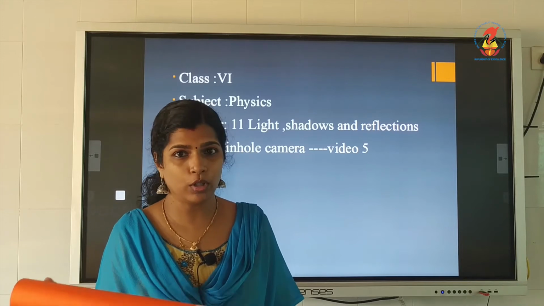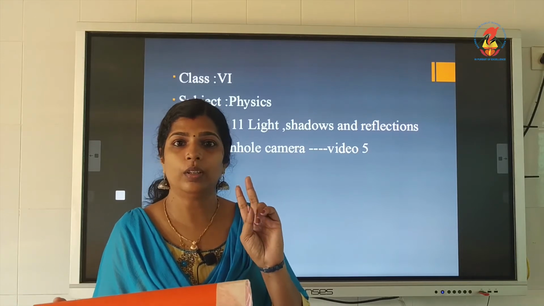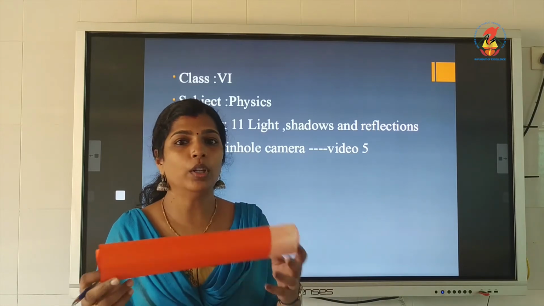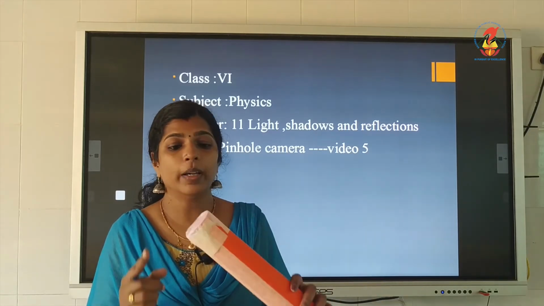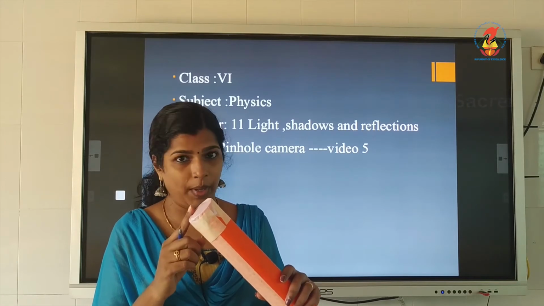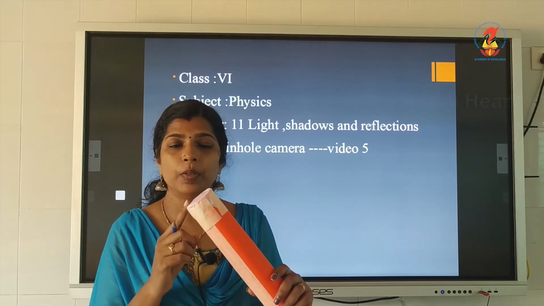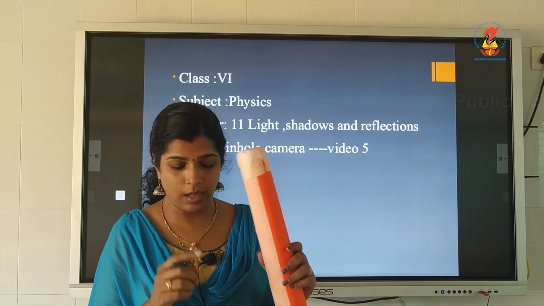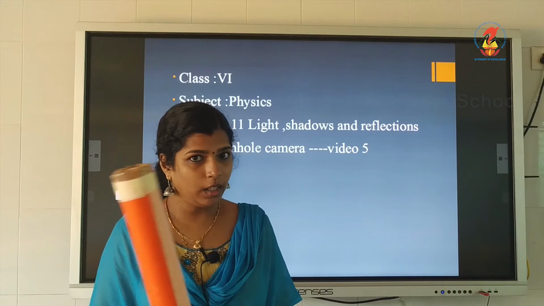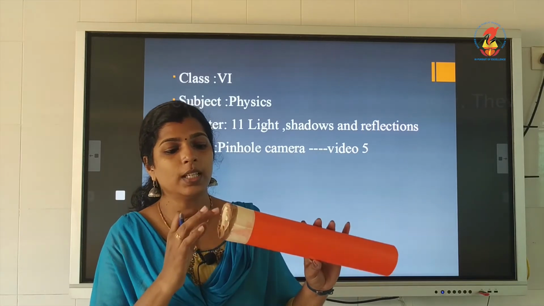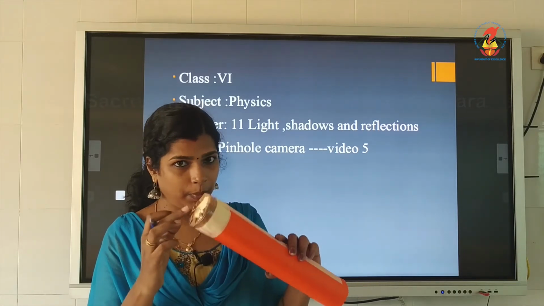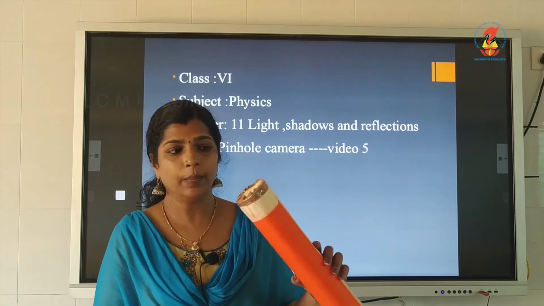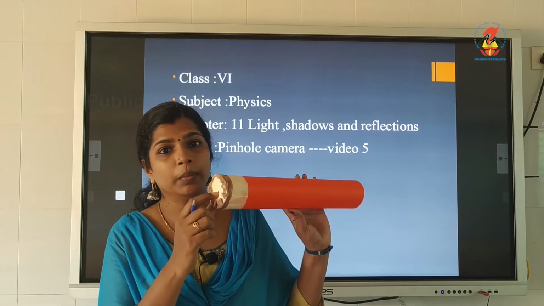Instead of taking boxes, you need to take two pieces of chart paper and roll them in the form of a tube. One side of it is covered with a tracing paper. This tracing paper will act as a screen, and the other side is covered with the same cardboard piece or chart paper, and make a hole at the middle.